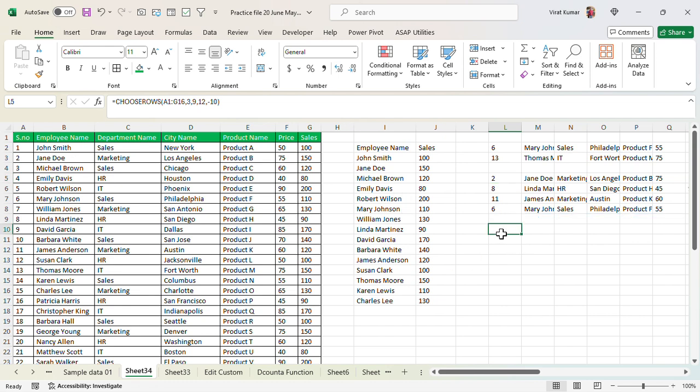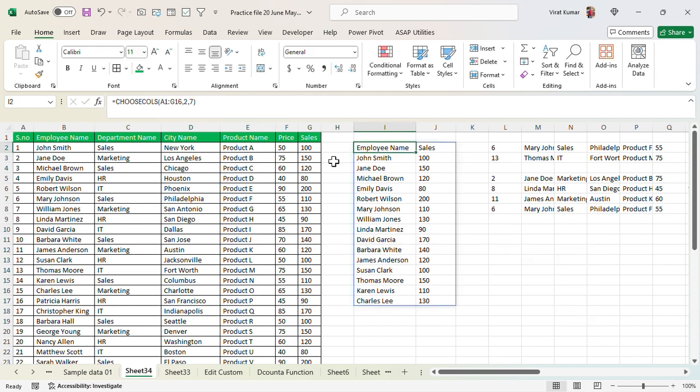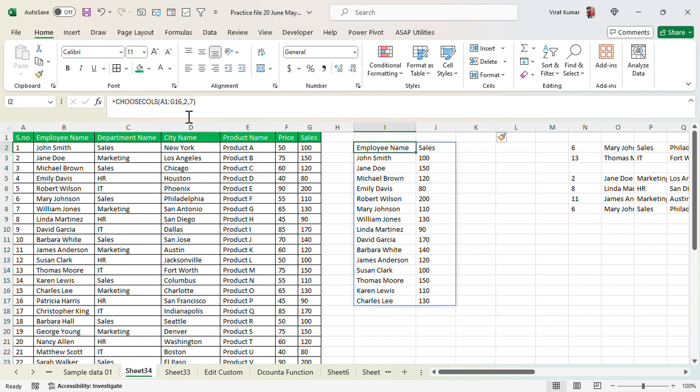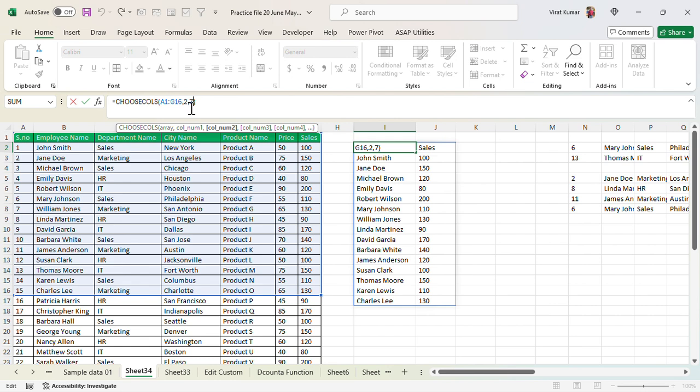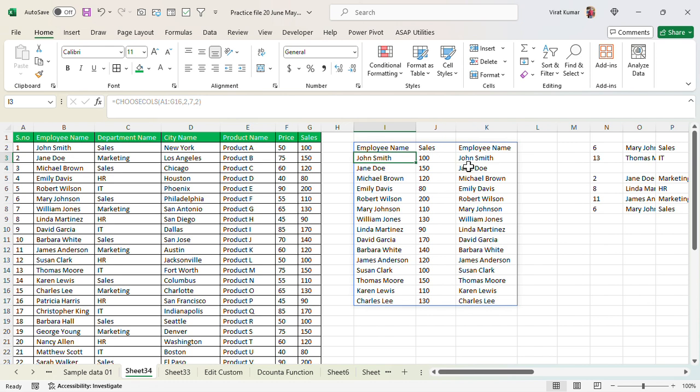One more thing, the last thing I want to share. I show you in this function the same way. Okay, I give a space here, Control Shift, and here we select the 2 and the 7, comma. If I again take the column number second, what will happen? So you can repeat here, you can copy this in this way. So this is really a super way. You can choose your particular column data, particular row data with this function.